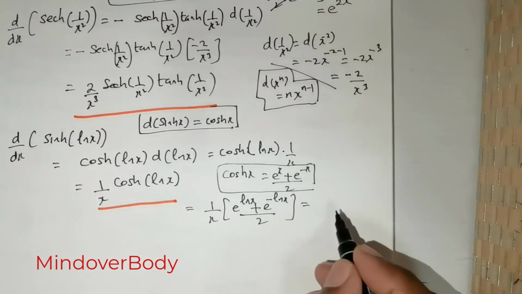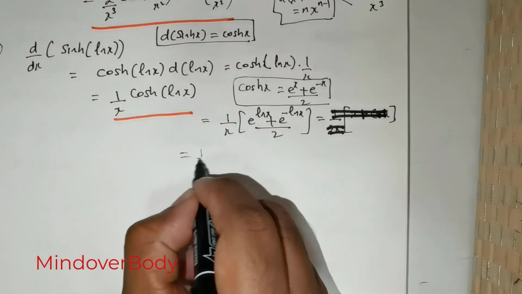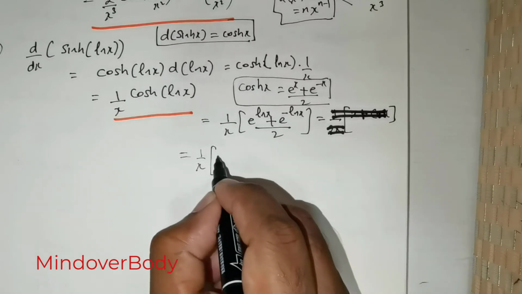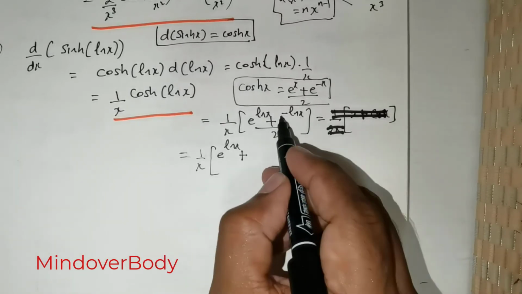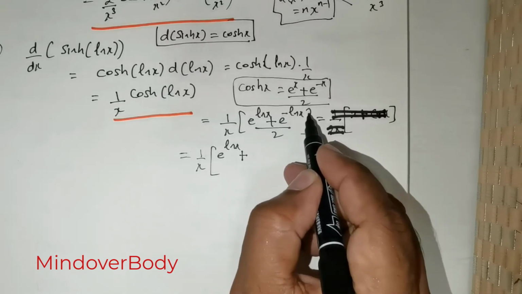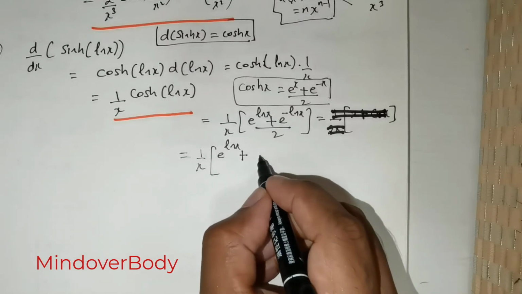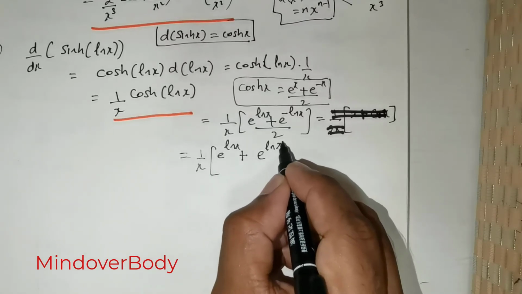So I would rewrite this as 1 over x of e raised to the power of ln x plus... Now there is a negative sign here, right? So I'm going to take it to the exponent of x. So that's going to be e raised to the power of ln of x raised to the power of negative